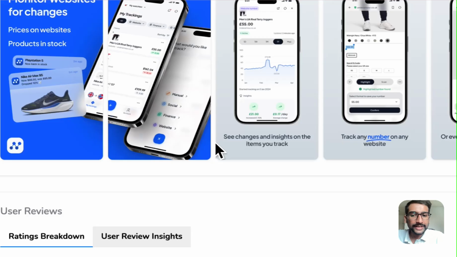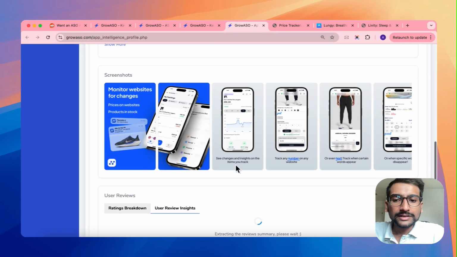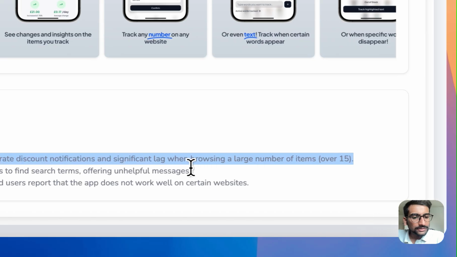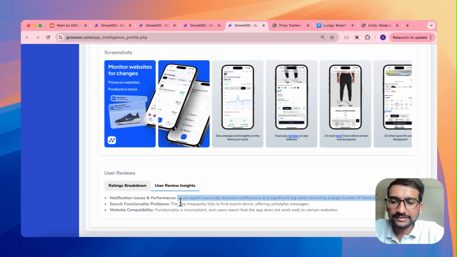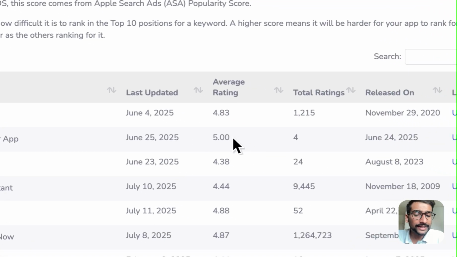And lastly, let's just look at the user review insights. Notification issues. Yeah, so there are some UX related complaints apparently, from what the sentiment analysis is. So it doesn't seem like a big issue. It's just a UX related issue, that if you can boost your rating, that could help, because